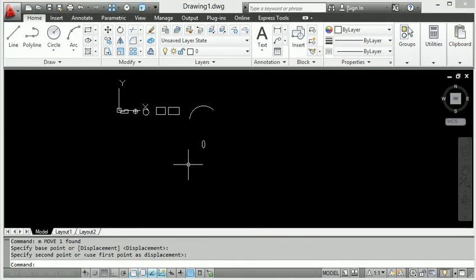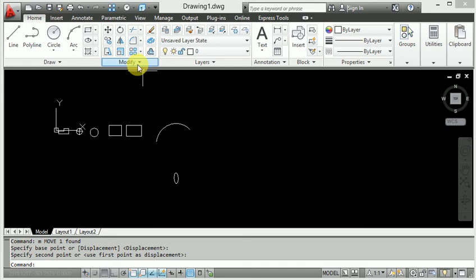But second, I will use the ellipse command with the shortcut key. So EL, enter, applies the ellipse command. Put down the ellipse values, 80 for one distance and 200 for the second distance.